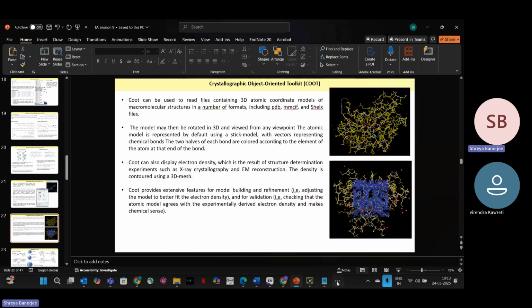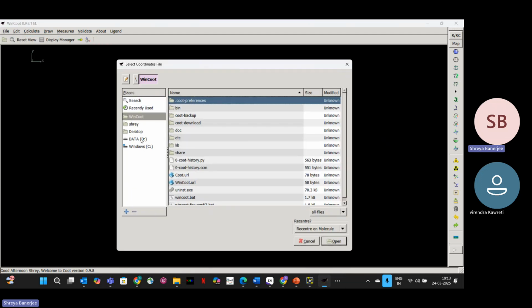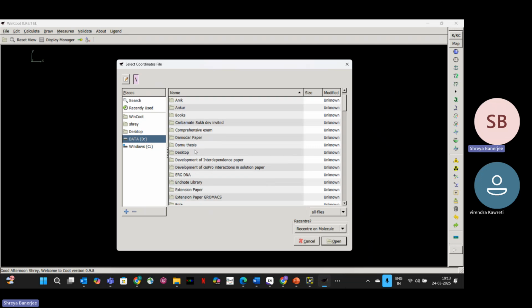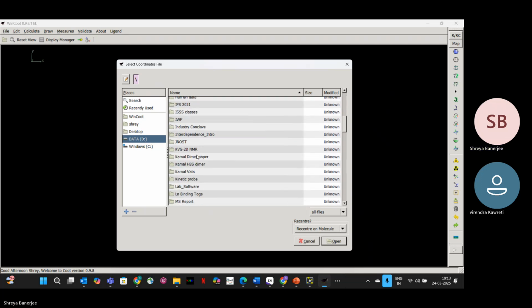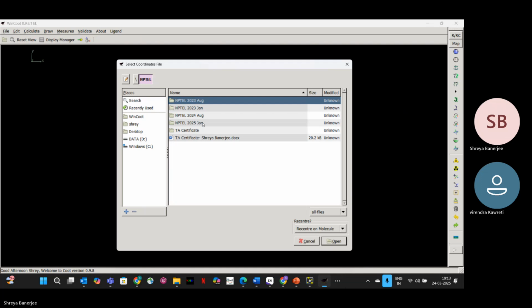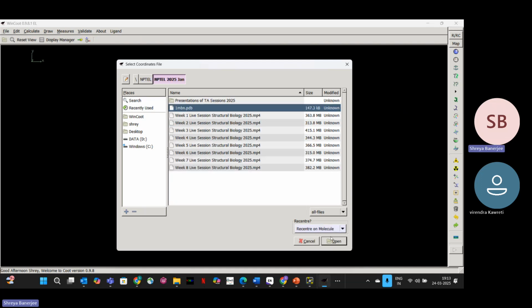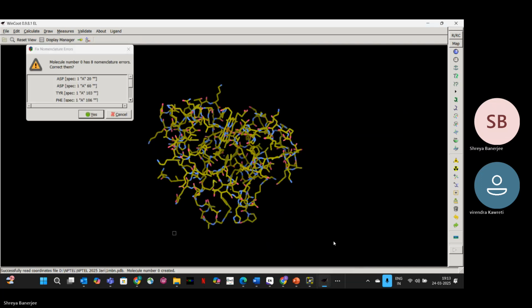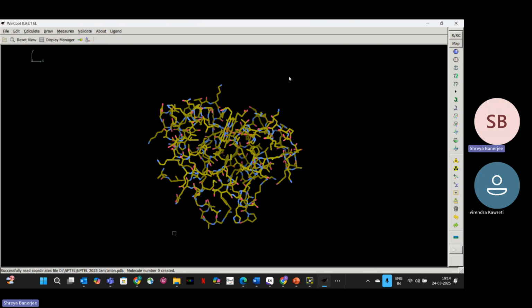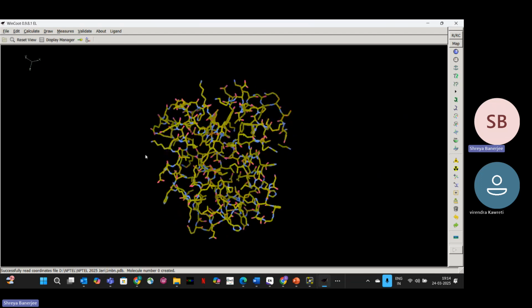So I have, one second, let me just. So if you open COOT, a window like this will come. You can go to File, Open Coordinates, and open a PDB file. Let me just open a PDB file right now. This is a PDB file. I'm opening it. You can see COOT is displaying the file in a three-dimensional way, and using your mouse, you